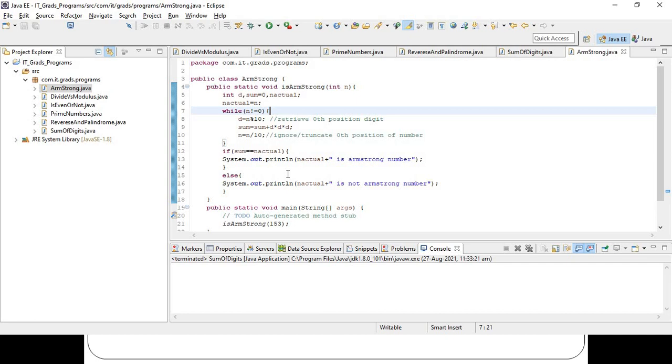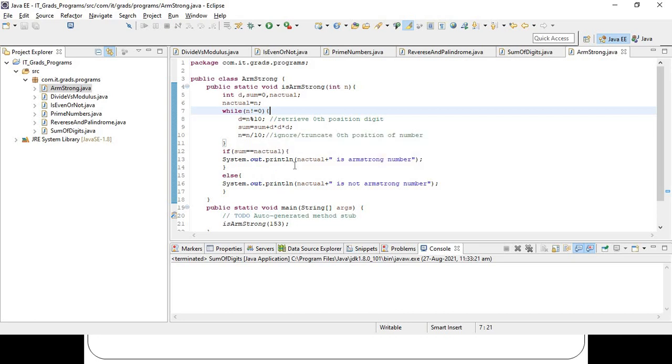Square or cube here is nothing but multiplication. 2 square means 2 into 2. Similarly, 2 cube means 2 into 2 into 2. There is no specific operator for performing cube, so we have to multiply that number of times. So d cube means d into d into d.